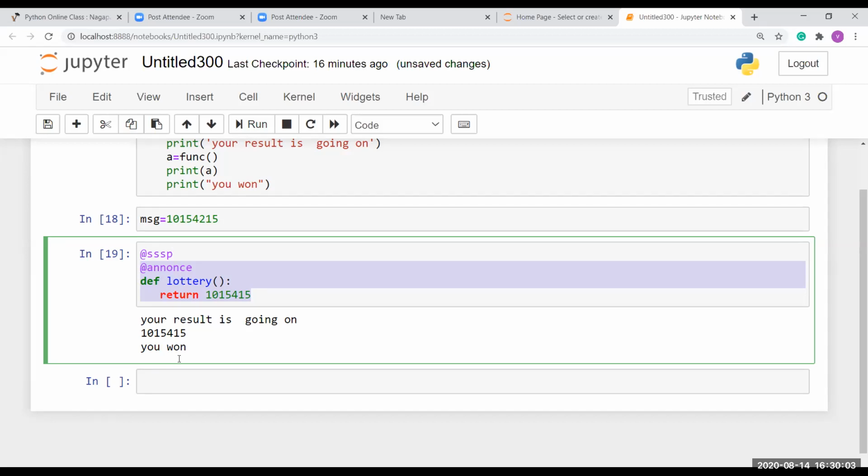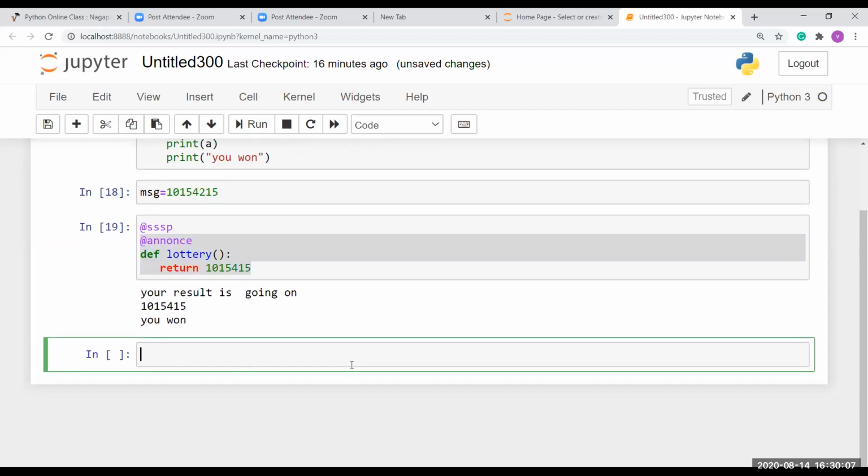Okay, so let's see the same concept. Here I'm going to create def upper. Now I'm going to convert the input into uppercase and lowercase.